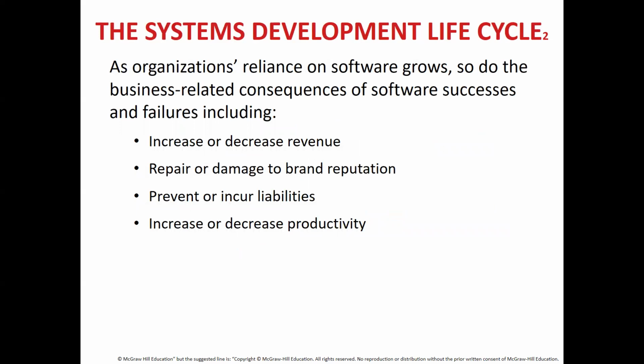As organizations' reliance on software grows, so do the business-related consequences of software successes and failures, including increase or decrease in revenue, repair or damage of brand reputation, prevention or incurring of liabilities, and increase or decrease in productivity. Now, if you have a very crucial software, let's say a software which acts like a critical management system in an organization, if it does well, it is bound to increase revenue, build up reputation, prevent any form of liabilities, and increase productivity, and overall it will lead to success